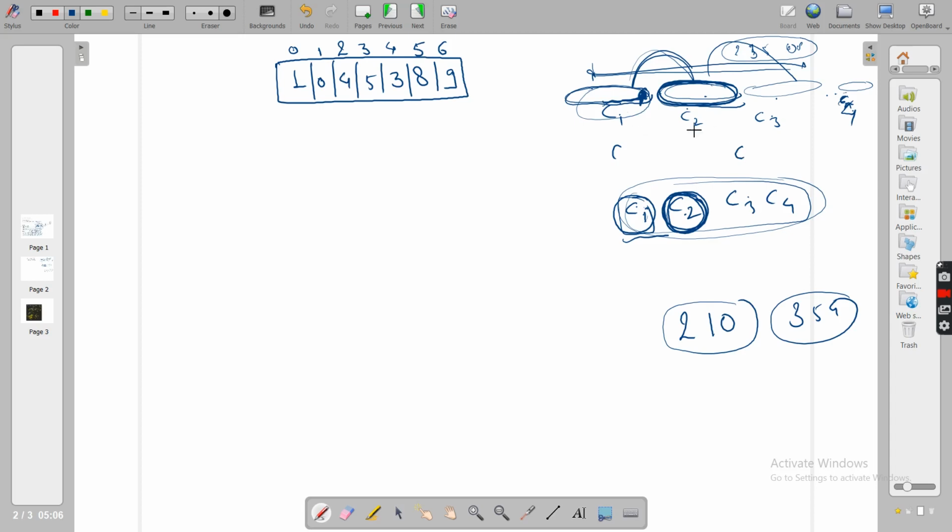So I can say, look, c2 and c3 will be there, c3 and c4 should be like that, individually side by side. Because you are keeping them side by side, I have to check whether their configuration is right or not. c1 c2, are they good? c2 c3, are they good? c3 c4.